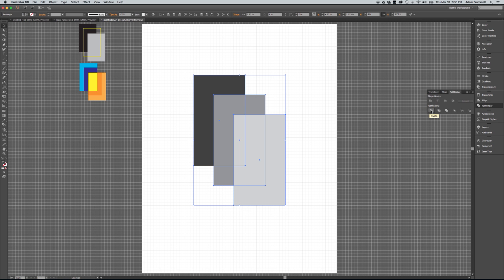The last one I want to look at, and this might be the one that I use the most, the bottom row all the way on the left, is Divide. And what this does is take every line that defines the shape and that overlaps with another shape and divides all of that into individual pieces. So clicking on that doesn't look like too much changed unless you really take a look at the anchor points